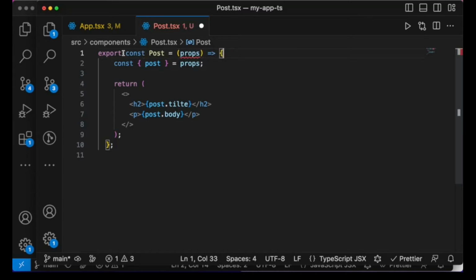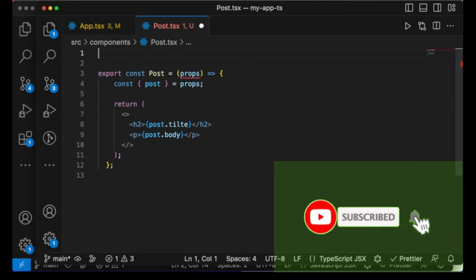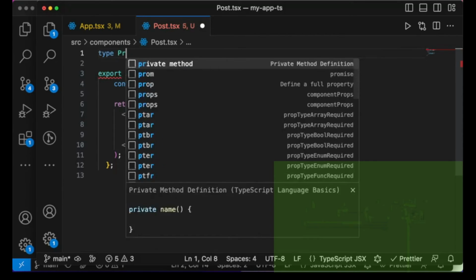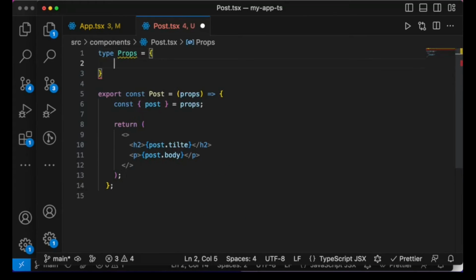Instead, we are going to be explicit about the type of data props is. How do we do that? Let me come up here and define the type of data for props. I'm going to say type Props. You can call this anything, right? But it makes sense, so let me call it Props, to be equal to this. It's going to have post at least inside the props. So let me say post,